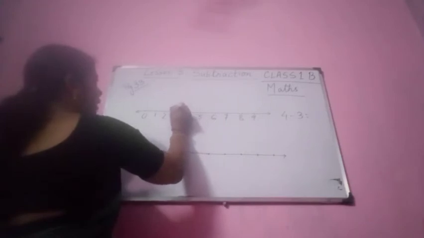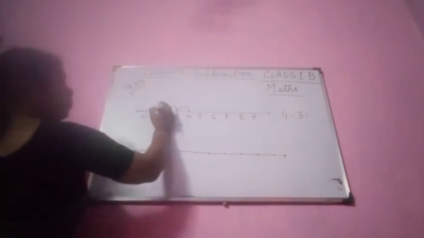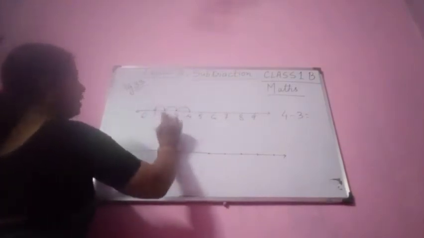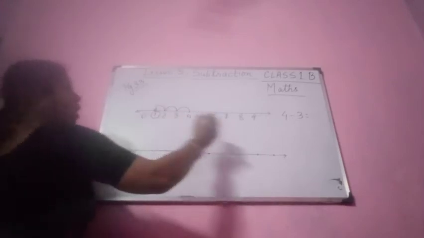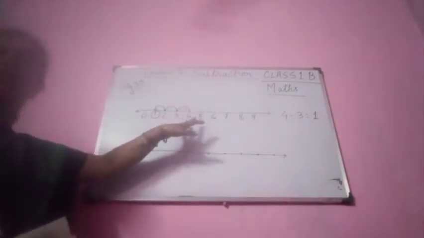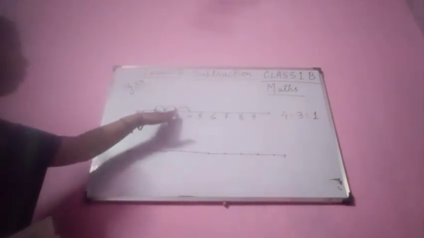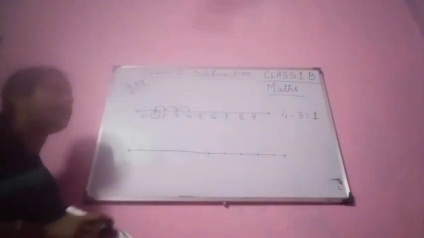Okay, 1, 2, 3. So you see what is the answer. You can do it in this way. What is the answer? You see 4 minus 3. The answer is 1. So just write down 1 is the answer. Okay, 4 minus 3. Put your pencil on 4 on the number line, and from 4 you count 3 backwards because it is minus 3. You are subtracting. Okay, 4 minus 3 equal to 1.